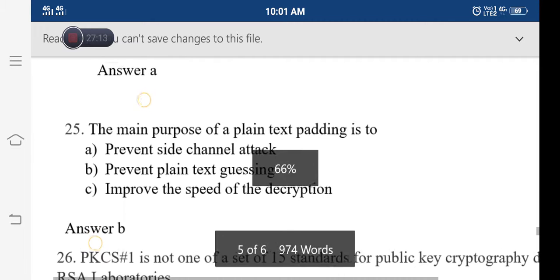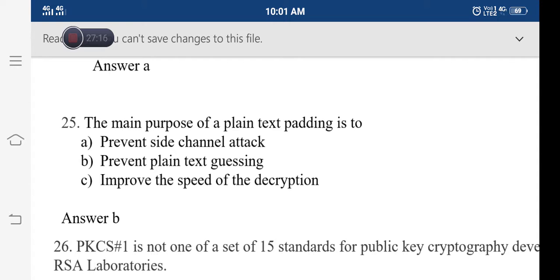Yes, this we will get from the PKCS, public key cryptography standard concept. From the topic we will come to know to prevent the plain text guessing, the plain text padding will be done. That is, before the encryption, the plain text will be padded with the values. That is the format we have in the PKCS standard: 00 followed by the hexadecimal value 02, then followed by the padding values, then followed by the 00, then followed by the plain text. This is done to prevent the plain text guessing, so that an attacker will fail to find the plain text here.